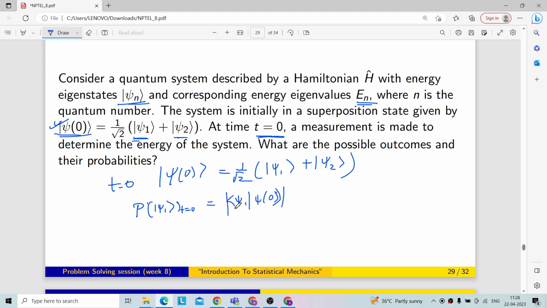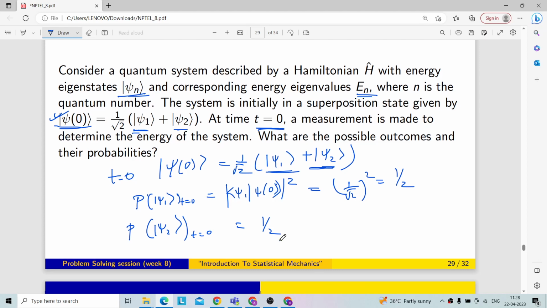This is the probability density. So to find the probability I have to take the square. Right. So I am assuming these two are orthonormal. So this psi 1 operating on this state will give me 1 over root 2, whole square, which is half. And similarly the probability of psi 2 will also give me half,